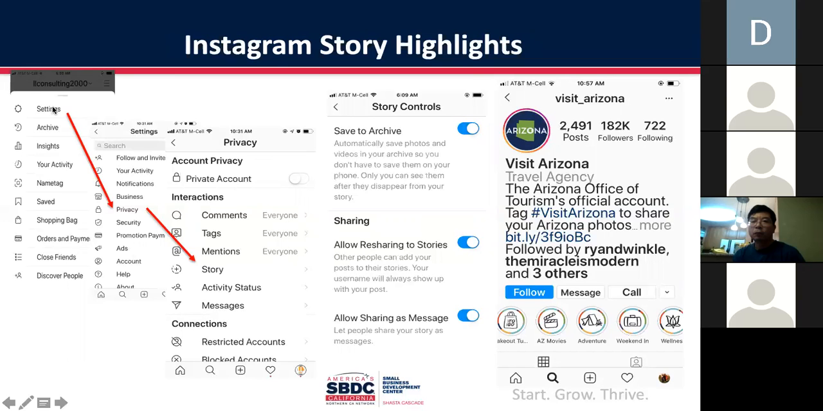So you go to your settings on your Instagram profile. This is your business Instagram profile. You go down to privacy, and then you find story, and there you save to archive. If you don't want to save them, unclick it. If it's not clicked, your 24-hour stories are not going to be saved. And then you create your highlight